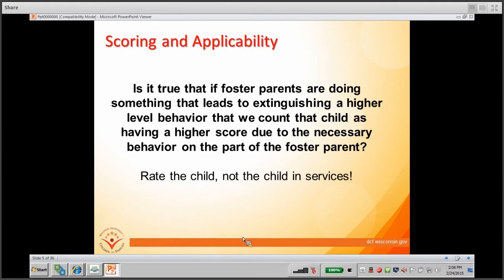Another question, again, it's about rating the child versus the child in services. This is the same thing. An example of this that we often use relates to a child who has a medical need, and that medication is managing whatever the issue might be, or other treatments are managing it. The symptoms or the medical issue returns if the treatment is removed.